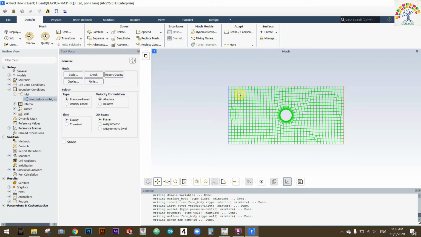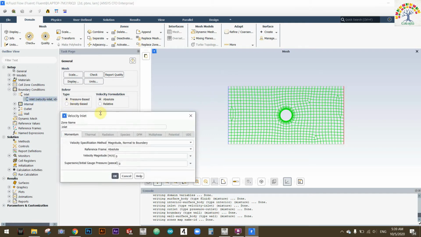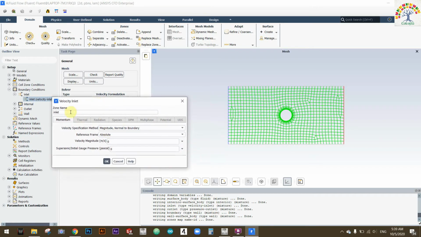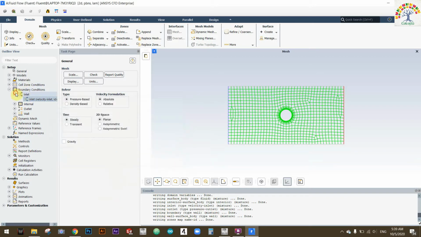Now you set the inlet velocity. You set the name inlet, the name selection that you just did. That's this inlet. Now you set the inlet velocity. Let's say that the water is entering this thing at 500 meters per second, just for the lols, really high velocity. Okay,